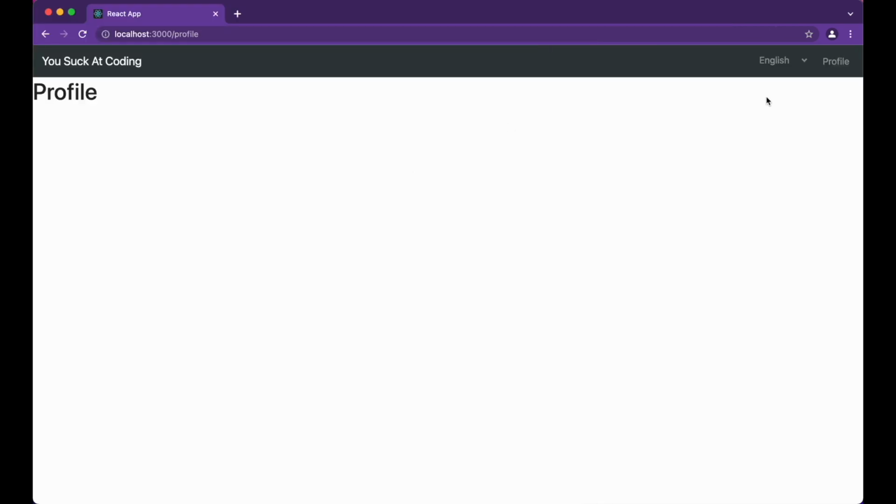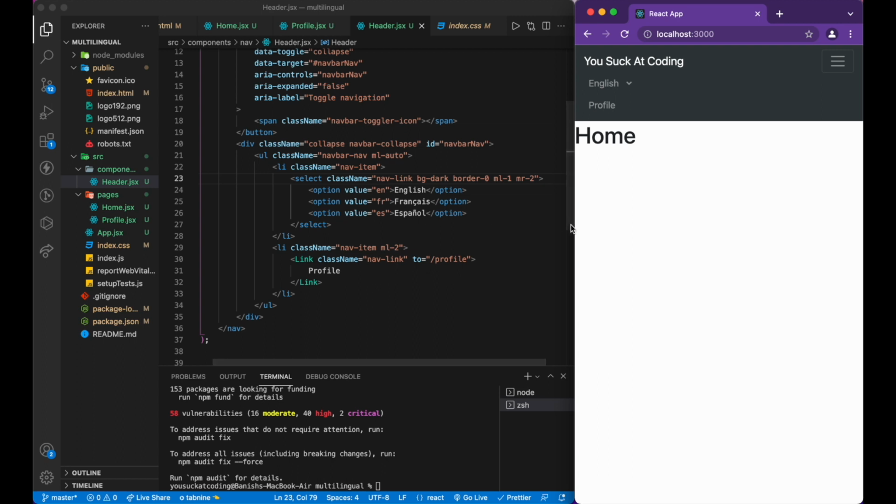Okay, let's make this full screen. So we have the UI for the header. This takes us to profile, this takes us to home, and this is where we can switch the languages. Alright, so as a next step, we'll add some things to the profile page. Let's go to the profile,